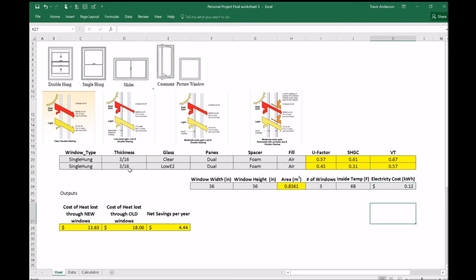So after you put in all these numbers, you'll be able to see that the cost of heat loss through your new windows is only $13.63 compared to $18.06 for your old windows. Now these are based on a per year basis. So per year, if you upgrade your windows for only having 3 windows of that size, is